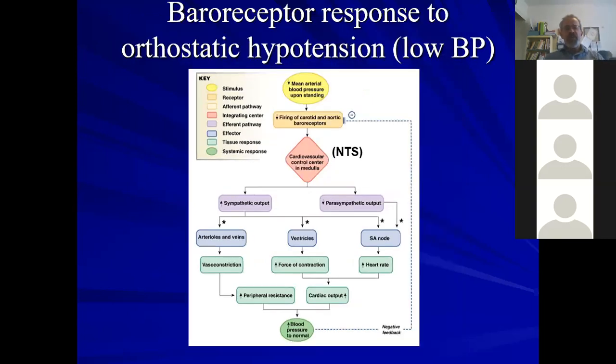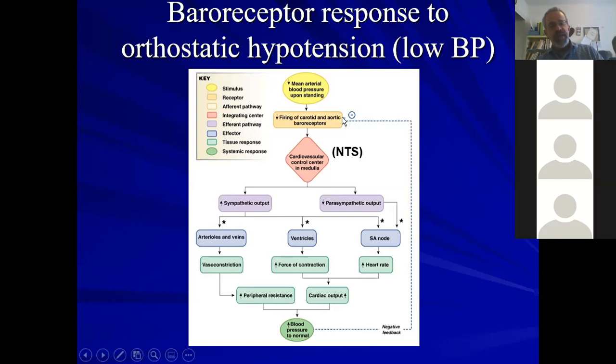All right. So what happens if someone has low blood pressure? One example of low blood pressure is orthostatic hypotension. That's a fancy name. All it really means is, say you're lying down in bed, your alarm goes off and you stand up really quickly. I'm sure everyone's experienced that. You're kind of off balance at first. That's because there's a decreased blood flow to your head and everything like that. So there's a drop in blood pressure. This can happen in other examples of hypotension as well. But anyway, no matter what the cause, when blood pressure decreases,